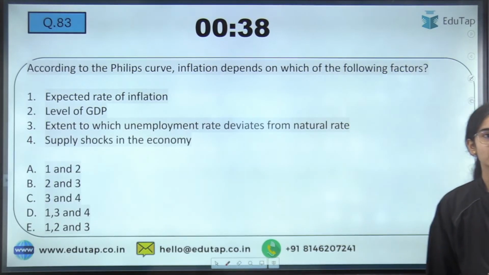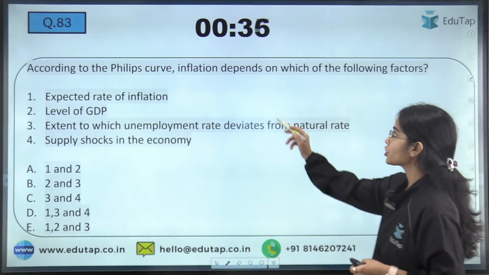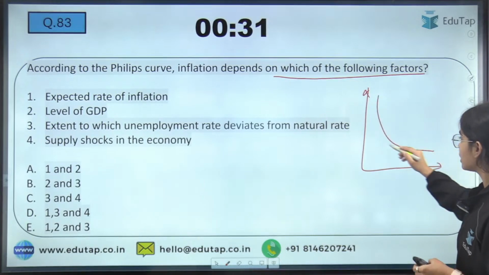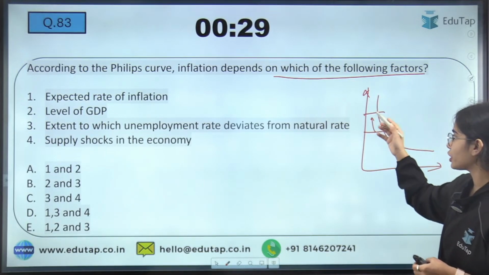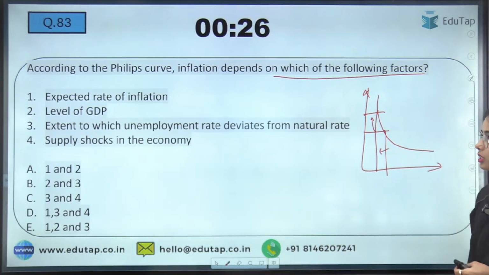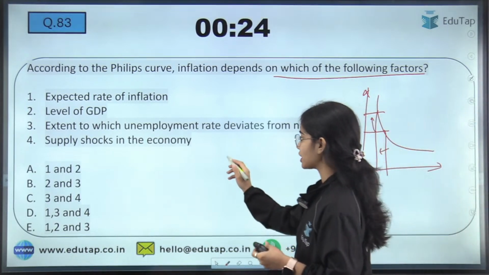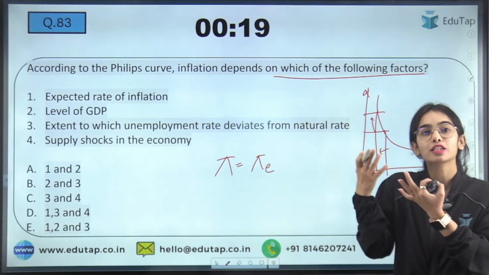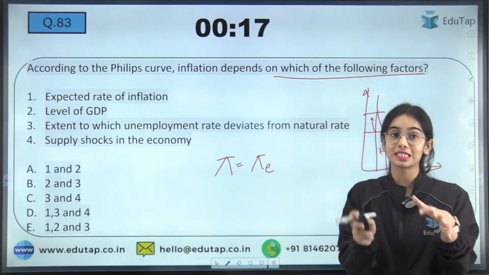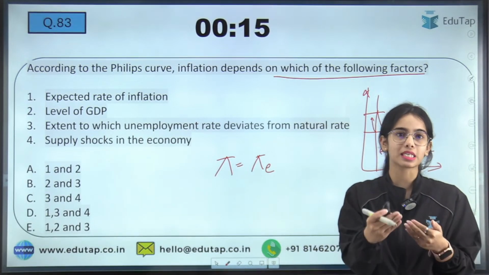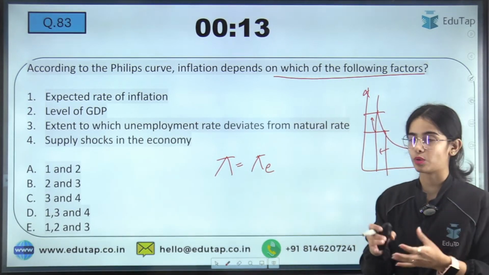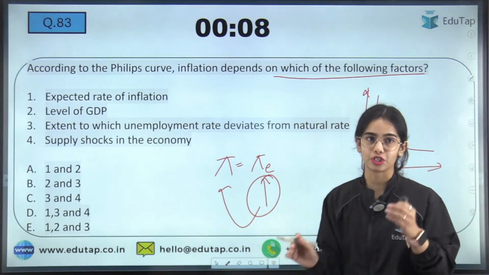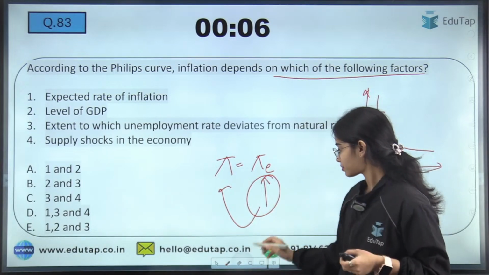Now try to answer the next question: according to the Phillips curve, inflation depends on which of the following factors. As per the Phillips curve, if the inflation rate is increasing, the unemployment rate will fall. The equation given says that inflation depends upon inflation expectations. If you are expecting that inflation can come in the future, you will start demanding more right now, so prices will start increasing with your higher demand. So inflation expectations lead to higher inflation, minus